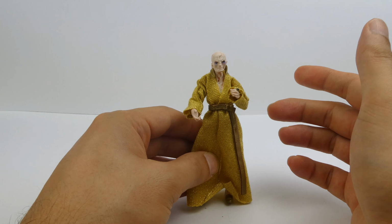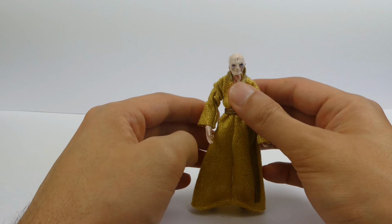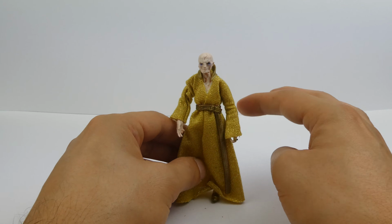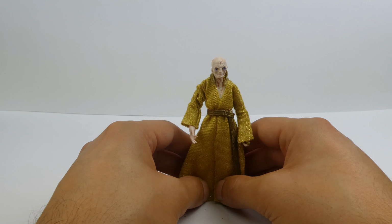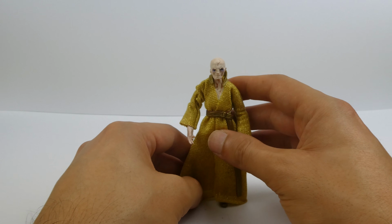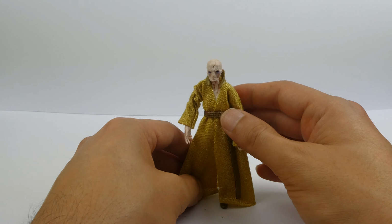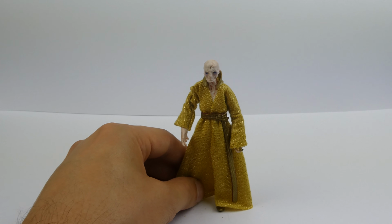Maybe we'll see a throne room released in this scale as well, which would be pretty cool, with the Praetorian Guards. But yeah, that's about it. That's the Last Jedi Vintage Collection 3 3/4 inch